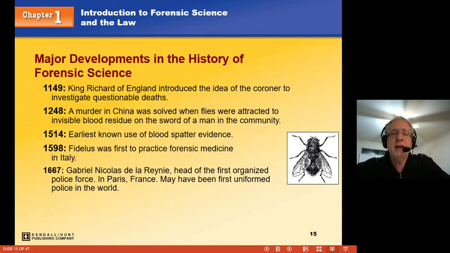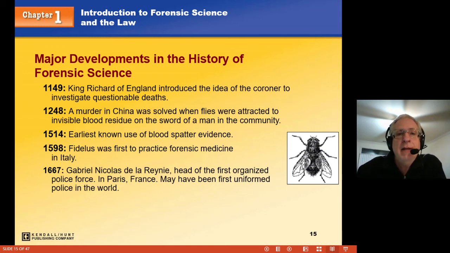And you have to do all that relatively quickly because you have to embalm a body quickly because it will start to deteriorate and you get all types of possibilities for disease if you don't embalm the bodies pretty quickly. And if you're going to harvest organs, you need to do that very quickly, like immediately. So usually when it's a John Doe, it ends up in a med lab because it's going to be too late that you recognize that fact before you're able to harvest any organs. But the point is, King Richard of England, 1149. That's how long we've had coroners: 1,000 years, almost 900 years.